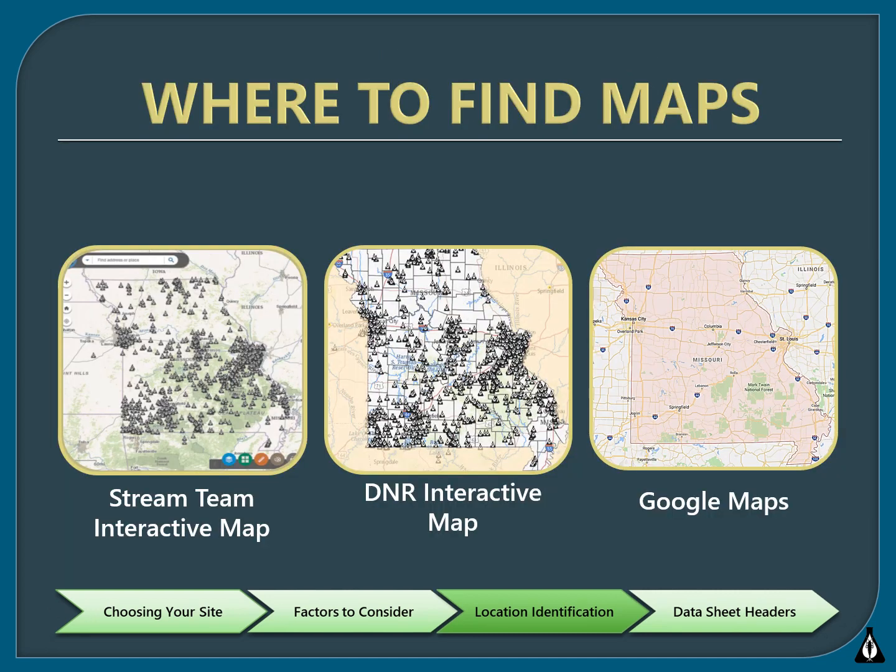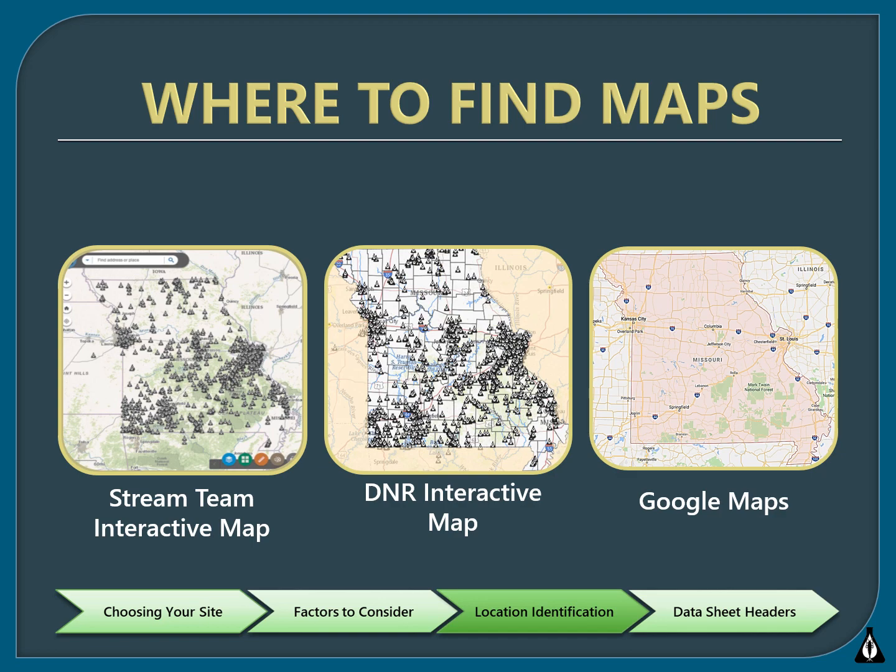We accept any kind of map to help identify your site as long as it has features in which we can locate your site with. Here are some options for maps that you can use to identify your site. The best map in which you can do this with is the Stream Team Interactive Map, so the one on